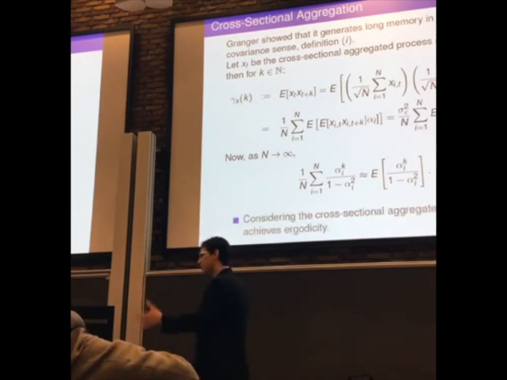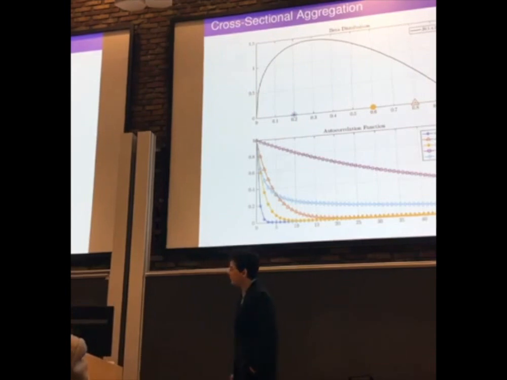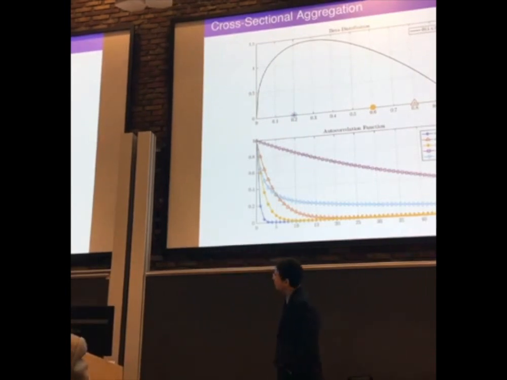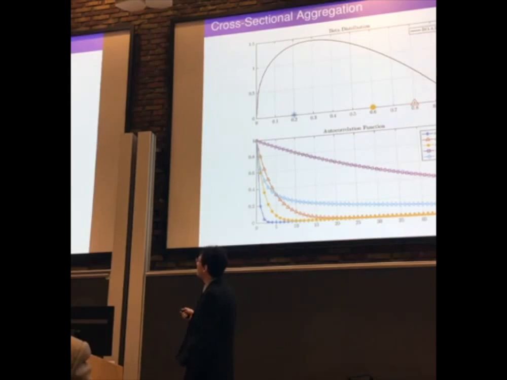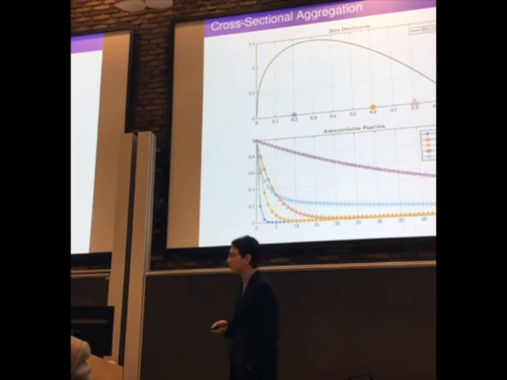When we consider a big sample, n of those, it turns out we now achieve ergodicity. What I mean by that: it's the same graph as before, just one line more. So we have our 4 that we sampled before. What we consider now is what Granger proposed. Say instead of going 1 by 1, let's just take the 4 and take the average. The average and the combination, so that's the light blue line we have here.